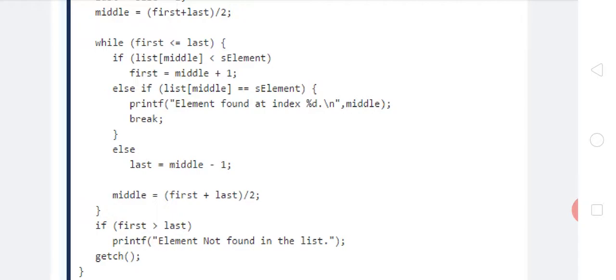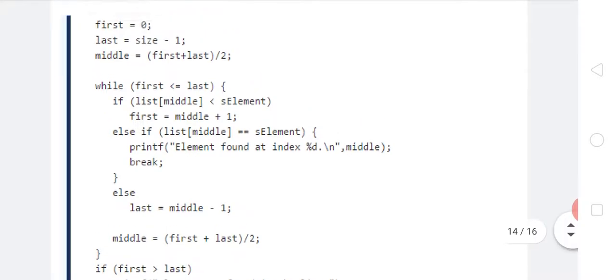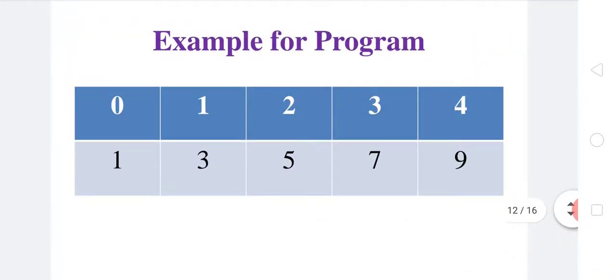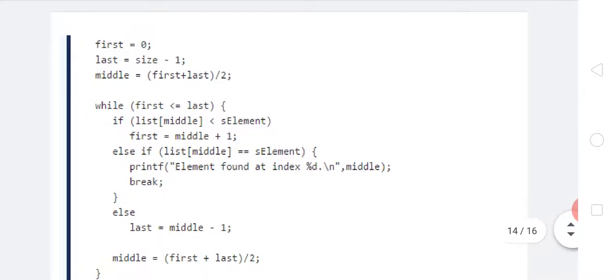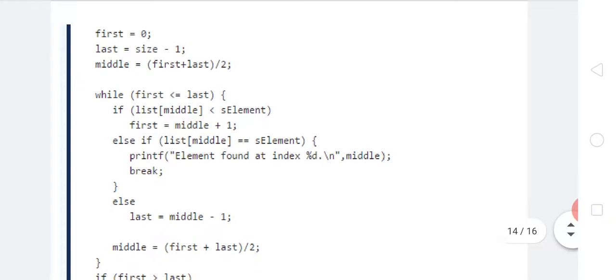Then calculate the middle. Middle is equal to first plus last, first is 0, last is 1, divided by 2. 1 divided by 2, answer is 1. Then it goes to the while condition. First is 0, last is 1. Yes, the condition is true. If list of middle, where the middle location is 1, which contains the element 3, is 3 less than the search element 3?